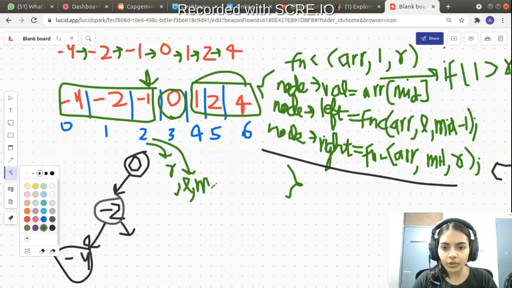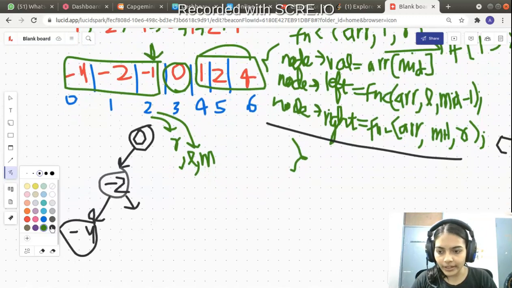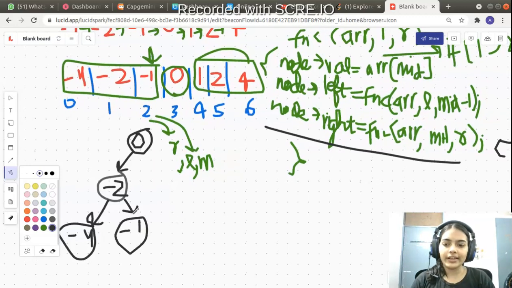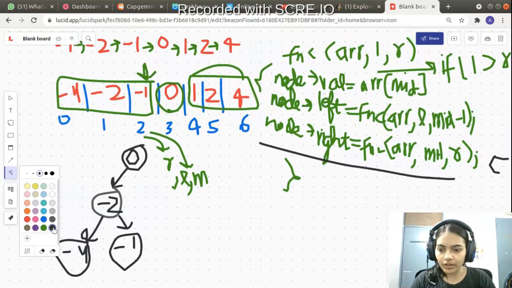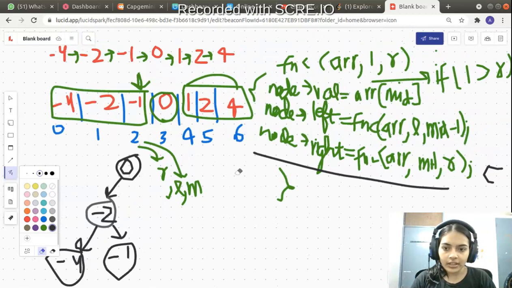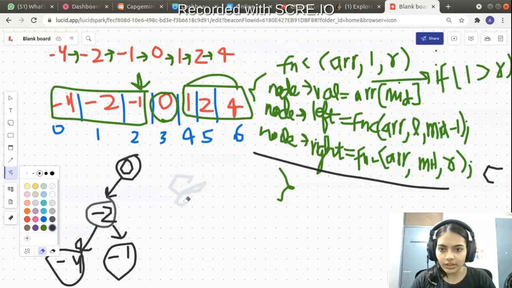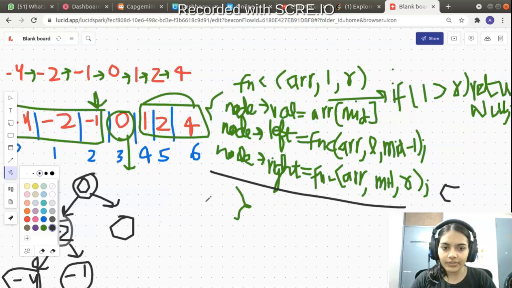So your mid will also become equal to 2. So you have to declare the value at mid here. So minus 1 is going to be declared here. Now we will return the function call. All the function calls have returned. Again, we will return back after all these to the function call of 0. Once we have returned to the function call of 0, we will have to enter which statement.